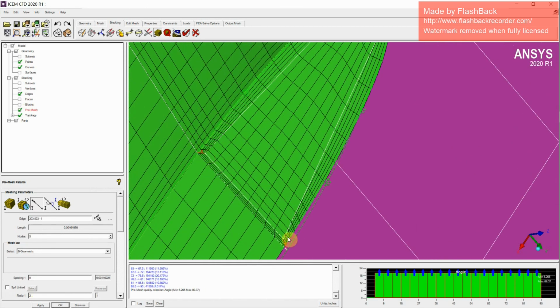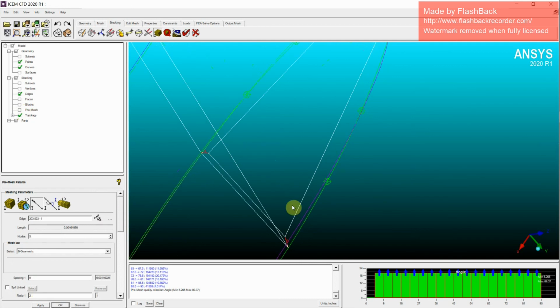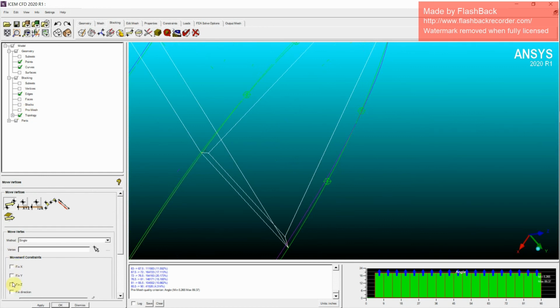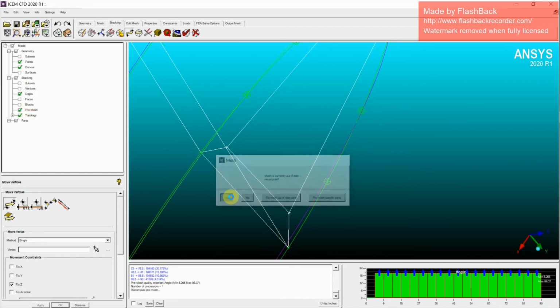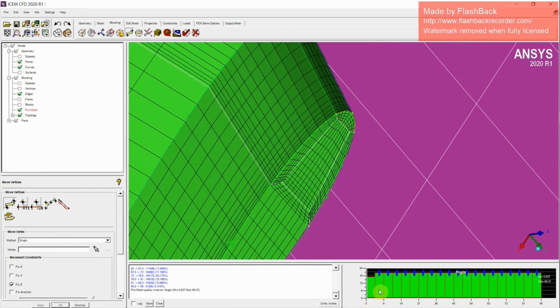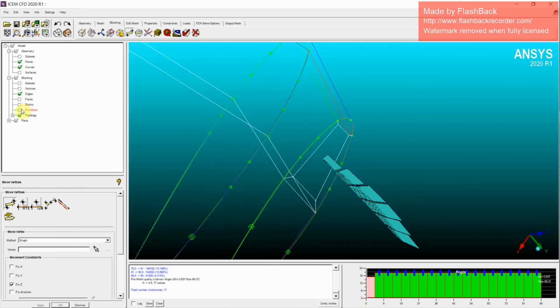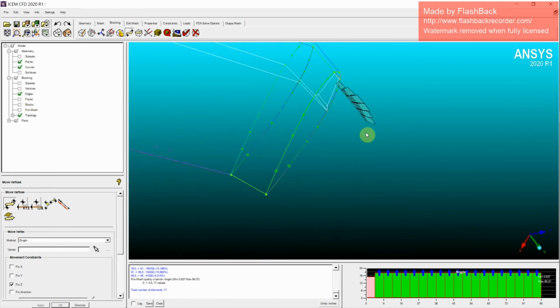And we can manually move these two edges towards the center part so as to create a clearer mesh. We'll lock the Z axis and move with respect to X and Y. Yeah, that point will be fine. Now let's try pre-meshing it again.